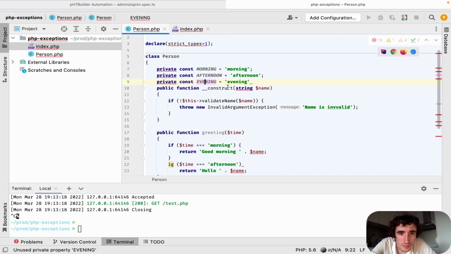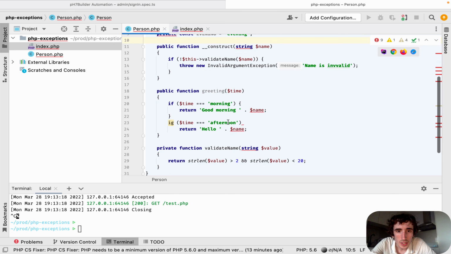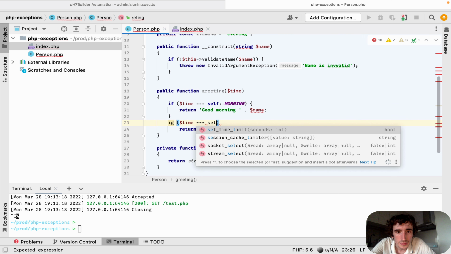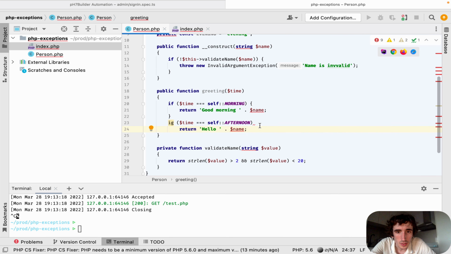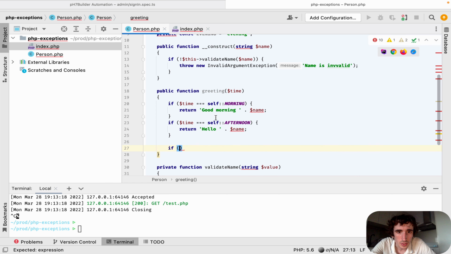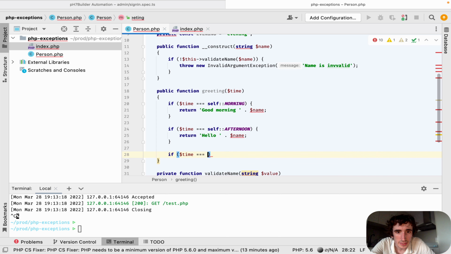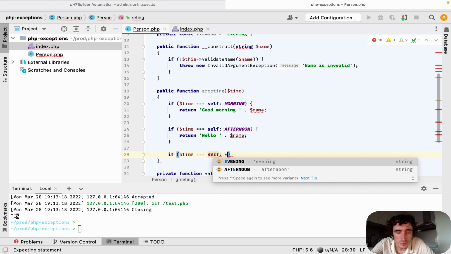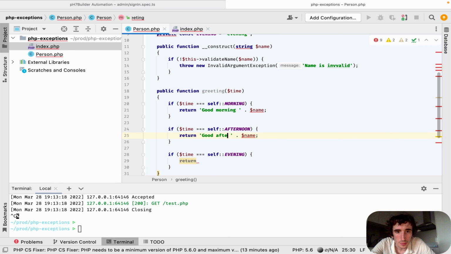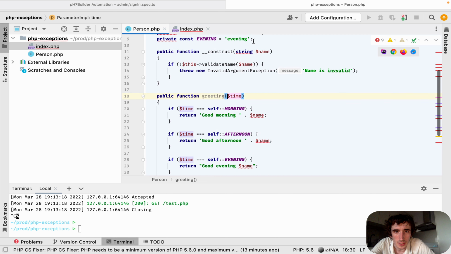And here, evening. Beautiful. So here we can just do if this is morning, or if it's afternoon, and curly bracket. So if, beautiful, and then if time is evening, and then we'll do here to be good afternoon, and then it will be good evening name. Beautiful. Obviously you can use a concatenation operator,